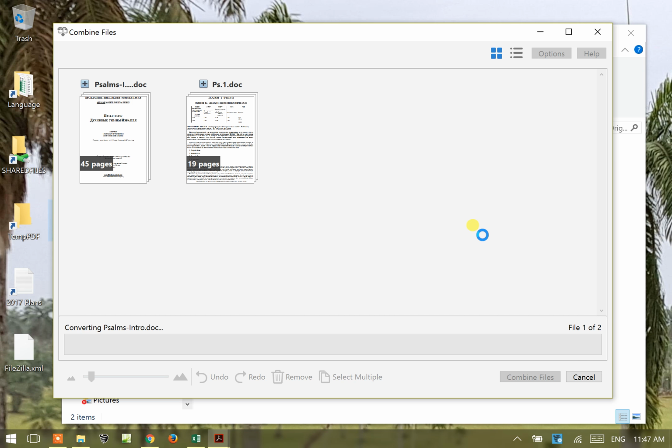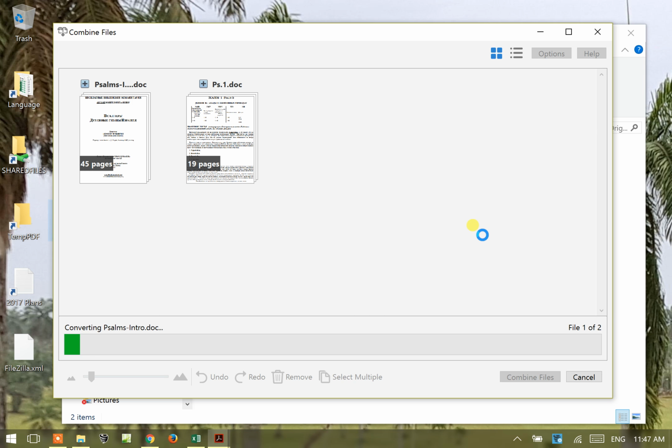With this kind of setup, if you have a ton of documents, and sometimes the translators will give you 10, 20, 30 different documents, chapters. This is a great way to accomplish